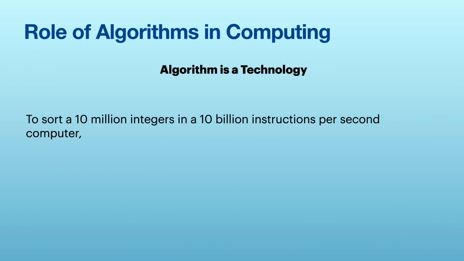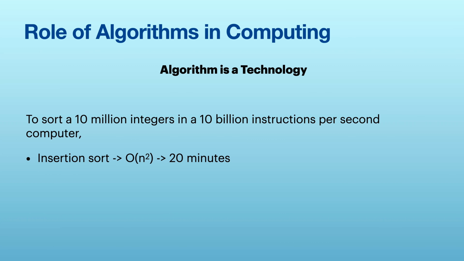So here is a simple example to show the difference an algorithm makes, for choosing the right algorithm, how much difference it will give. Let's take the problem where we have to sort 10 million integers and we have a computer which will run 10 billion instructions per second. Typically computers currently are not 10 billion instructions per second, they are running somewhere around 3 to 4 billion instructions per second. Let's say we have a faster computer which will run 10 billion instructions per second. Now the problem here is we just need to sort 10 million integers using this particular computer. You may think 10 million is so big, but not really. The number of searches happening on the internet per minute is more than 10 million.